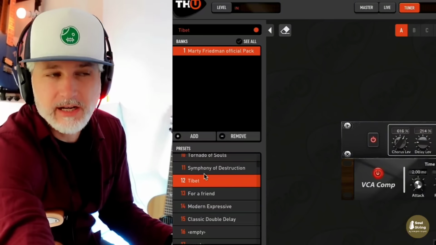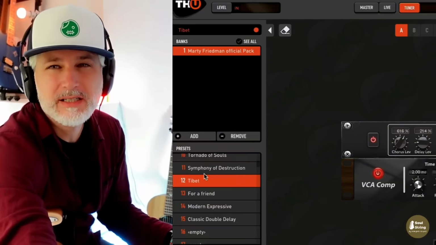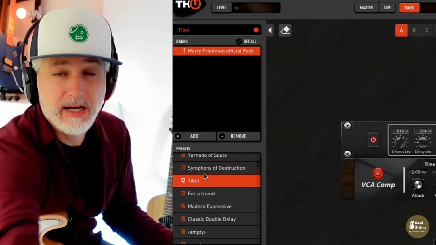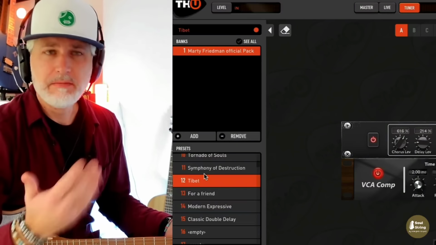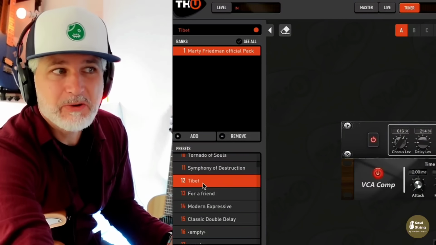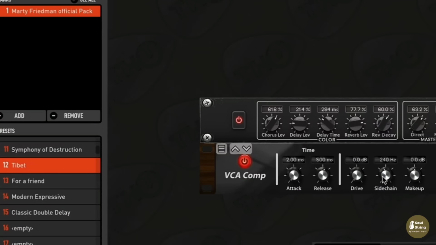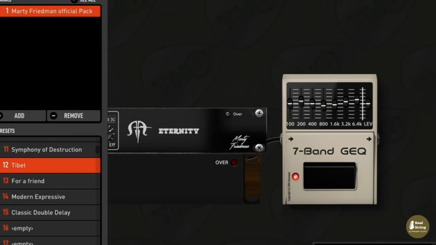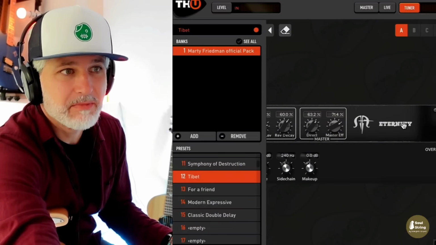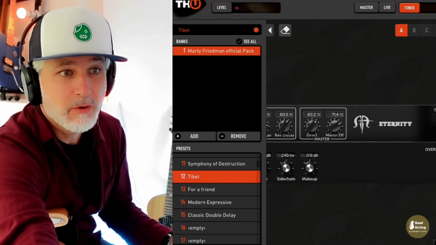Finally, guys, the last one I wanted to show you, just because it's so out there and it really represents this plugin again and the almost unlimited possibilities you could have with this plugin, is the number 12 Tibet presets. What you've got is no amp, no cab, you're just going straight. And what you have is the Marty Friedman Eternity rack